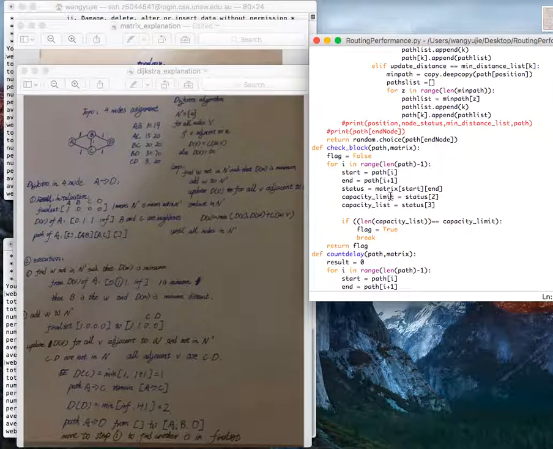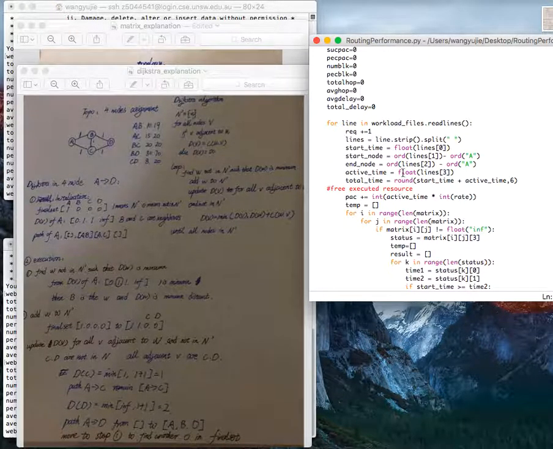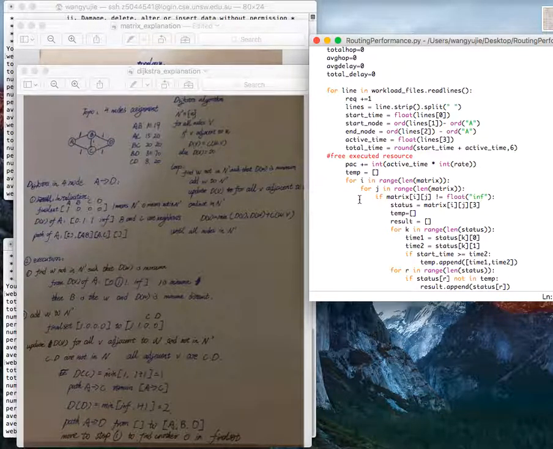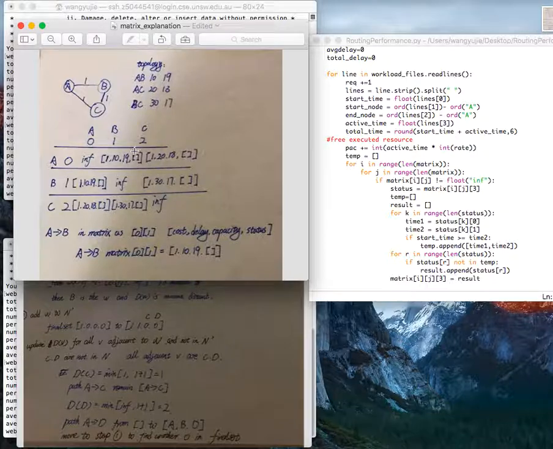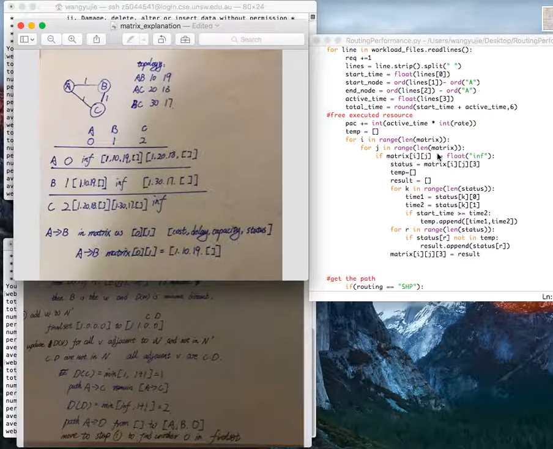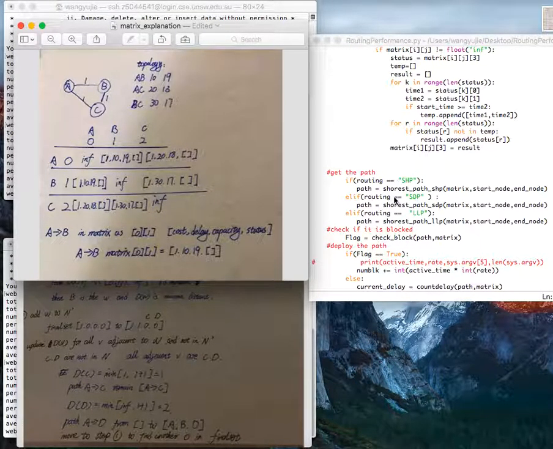So the flow of the circuit is that for each workload we have the start time, end time, start node, and end node, and after the time point of each start time, we should check if it has free executed resources in the matrix, which means the second start time is larger than the first circuit end time, and then we should remove all the things inside this matrix, and we call them free executed resources, and then we use the algorithm to find the path, and then we check